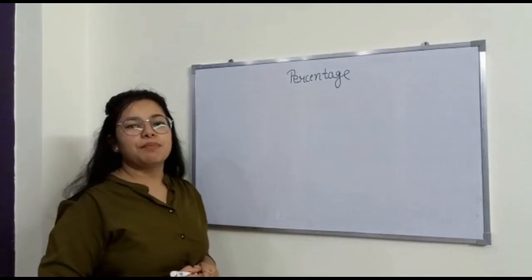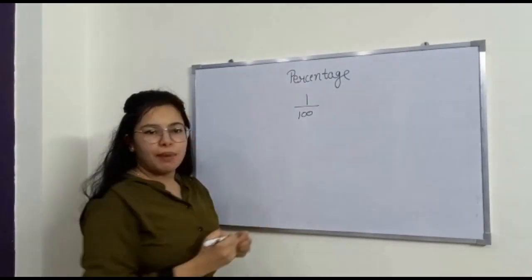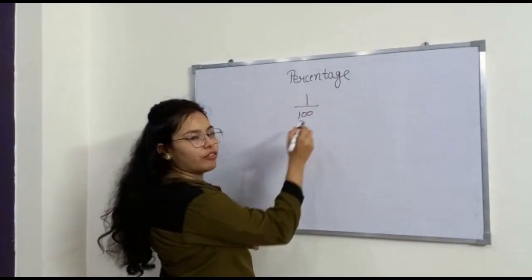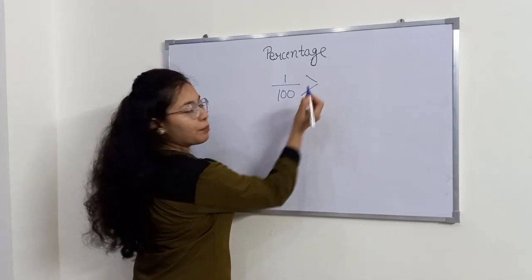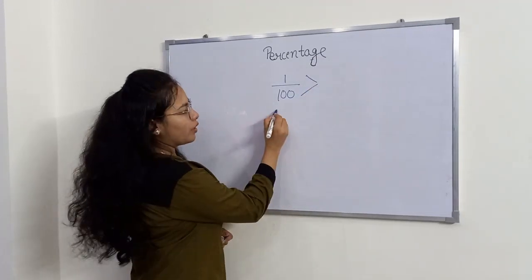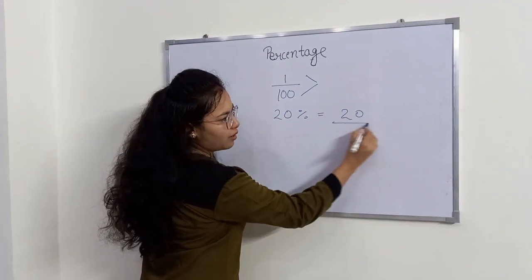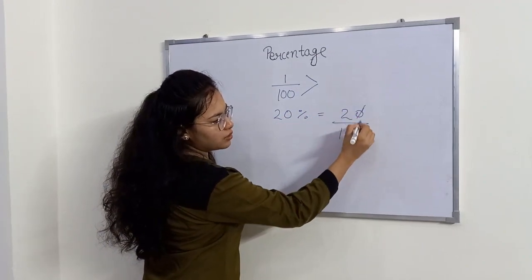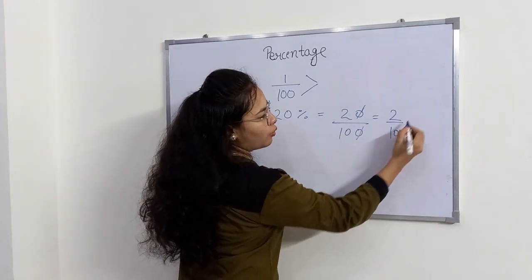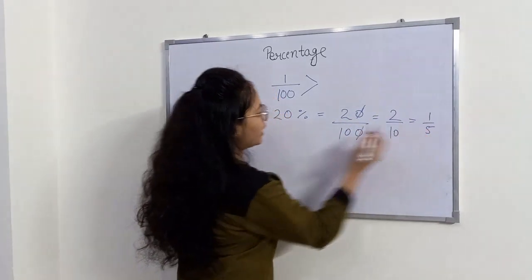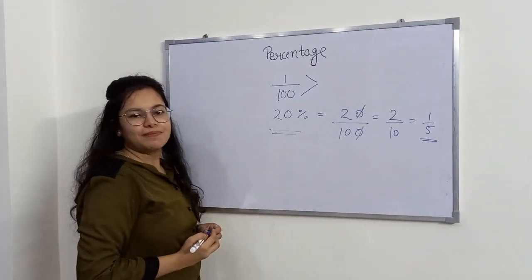Its name signifies percent, that means 1 by 100. You should multiply a number by 1 by 100 or you can simply divide a number by 100. Suppose let's take an example, 20%. That means 20 by 100. How do you simplify? Just eliminate the zeros. After that divide the numbers. What do you get? 1 by 5. That means 20% of a number is 1 by 5.